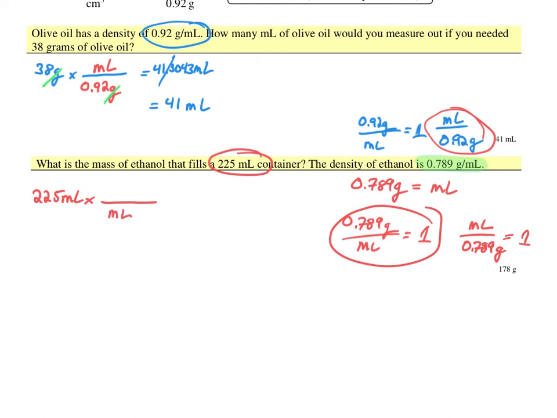A milliliter is equivalent to 0.789 grams, and we do the math of 0.789 times 225, and we would get the number 177.525 grams. In this case, we're going to use 3 sig figs in our answer because there's 3 sig figs here, 3 sig figs here,